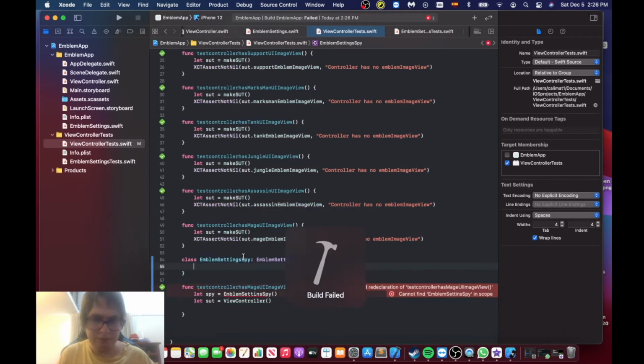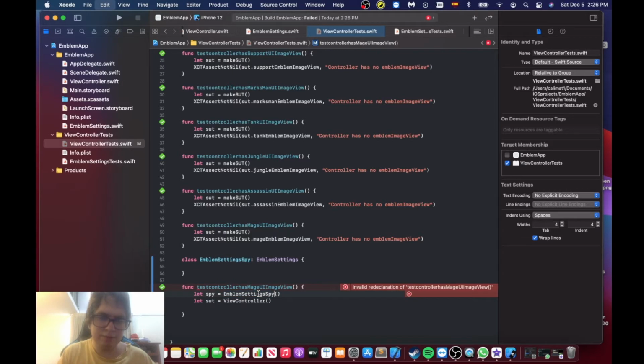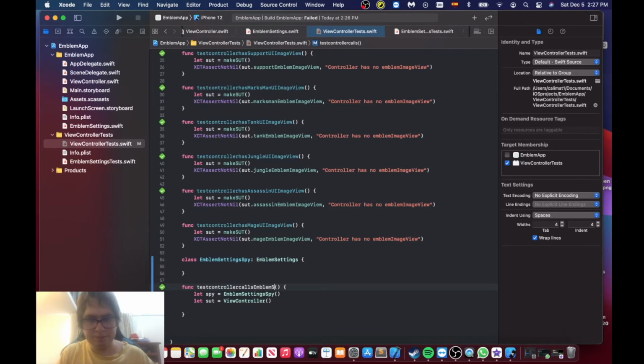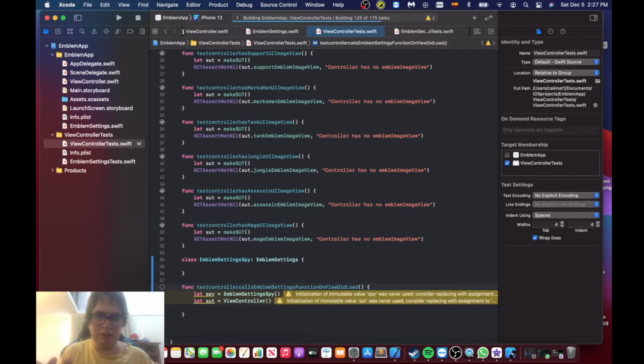Command U, emblem settings, emblem settings spy, Command U, and test controller calls emblem settings function on view load. Okay, now I have everything here,